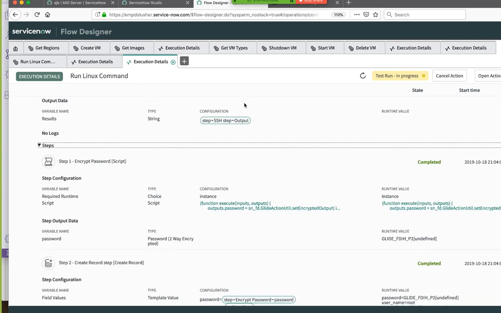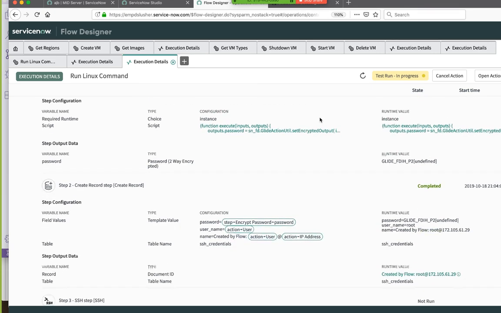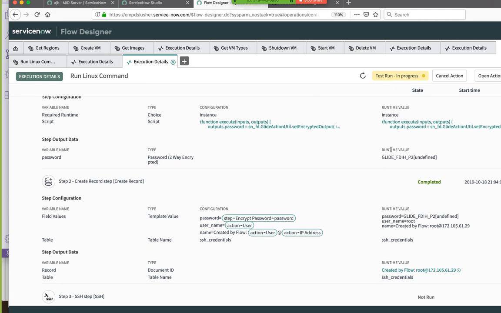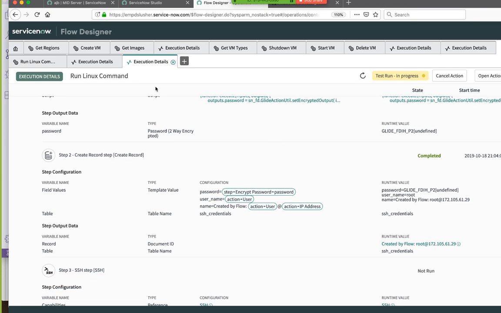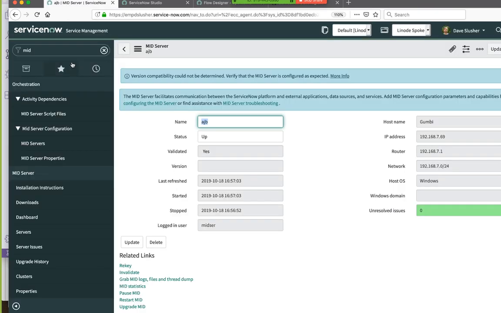Okay. So let's look and see step by step what happened. Runtime value undefined. I'm not so sure that that's a problem because it might actually be hiding that.